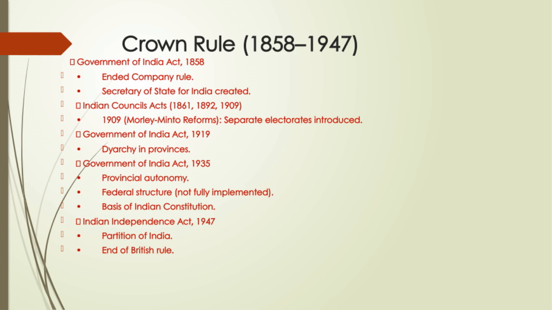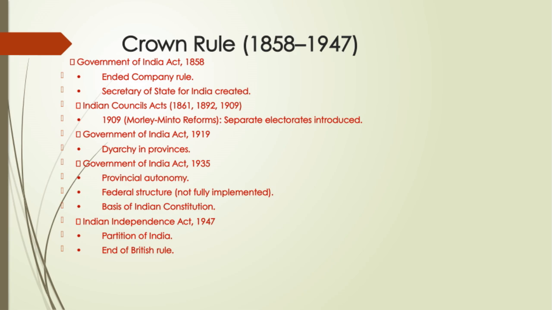The next major milestone is the Government of India Act of 1935. This act aimed to grant greater provincial autonomy, allowing provinces more control over their own affairs. It also proposed a federal structure, though it was not fully implemented, and this act laid many of the foundations for the Indian Constitution. Finally, we arrive at the Indian Independence Act of 1947, which led to the partition of